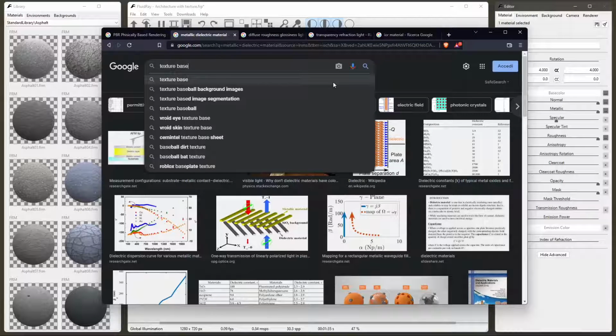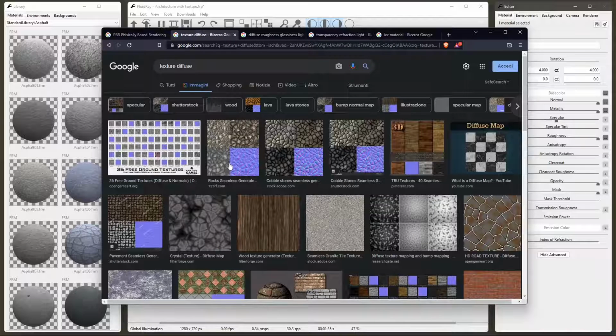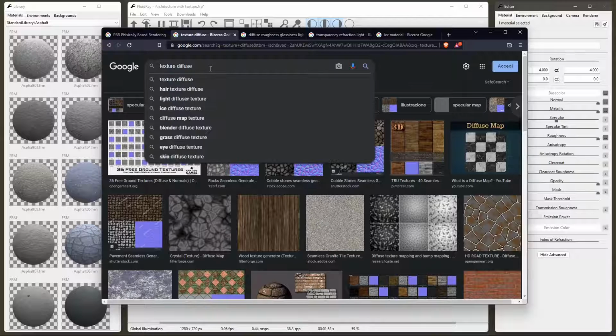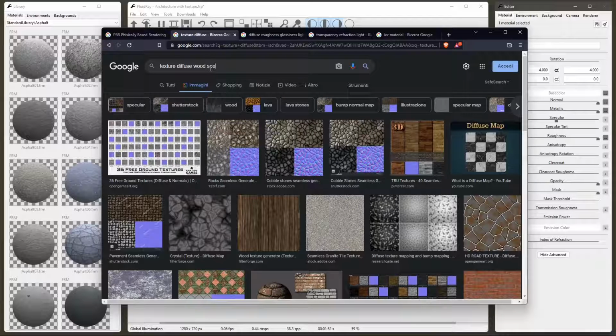Now, before we proceed, we can get back here into Google and do some search. If you need to find some basic texture, some diffuse texture, you can type texture diffuse, and you can see here we have packages again of different textures, and that's the best thing that you can find when you find everything